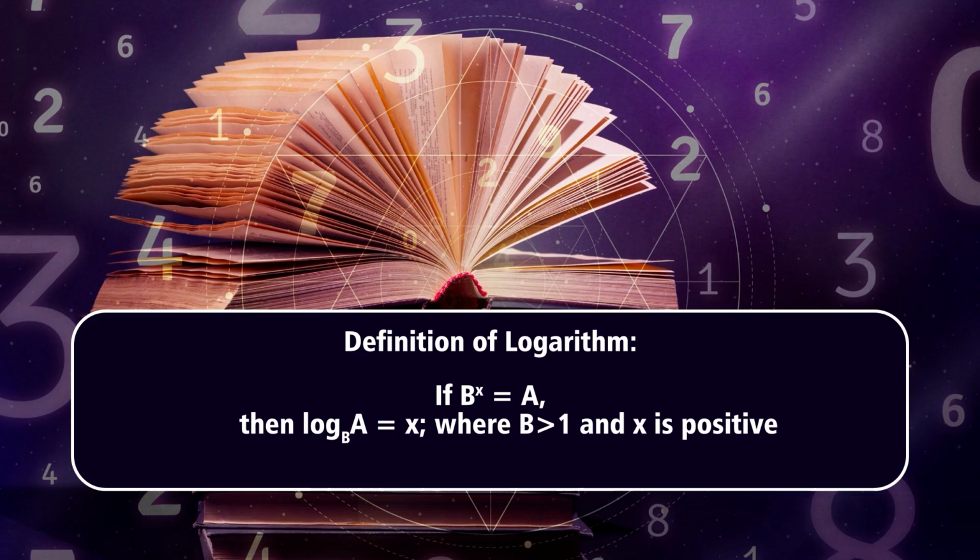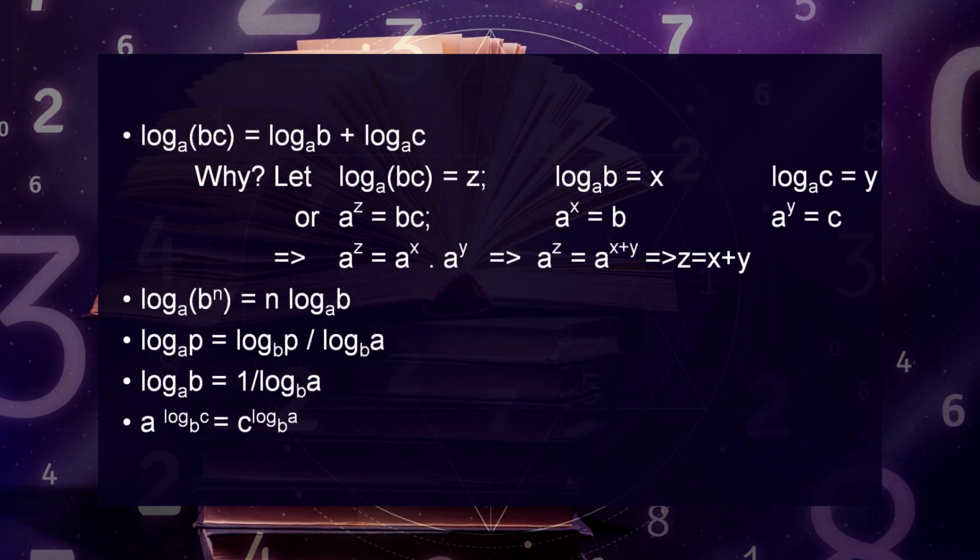So log has several properties. One property which we have proved here, and others we have shown, but you can see other properties also. Like if we are taking log of b and c together, having the base a, then it is the same as taking the log of b with the base a plus log of c with the base a. Now, just to prove that, if we take log of bc equals z, let's assume that,